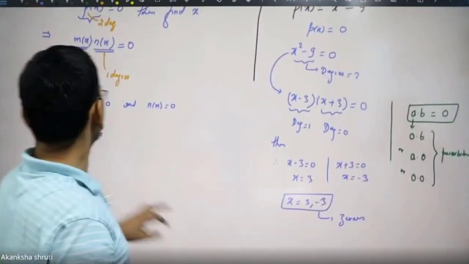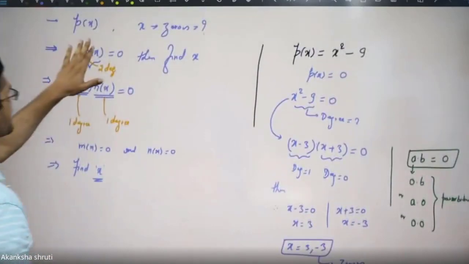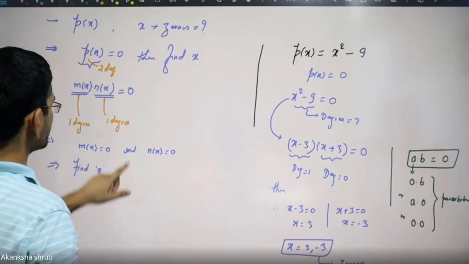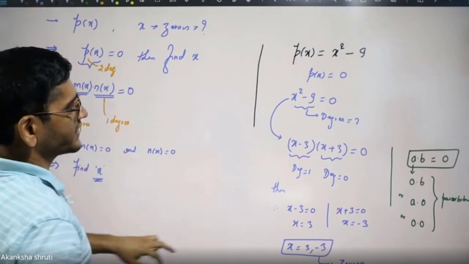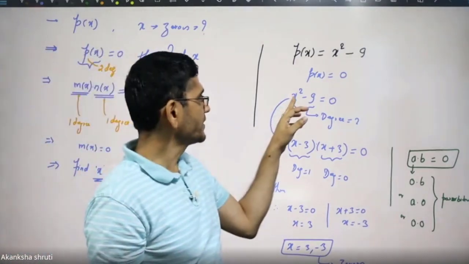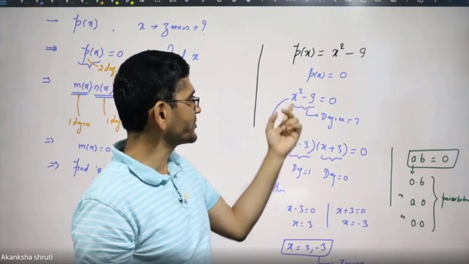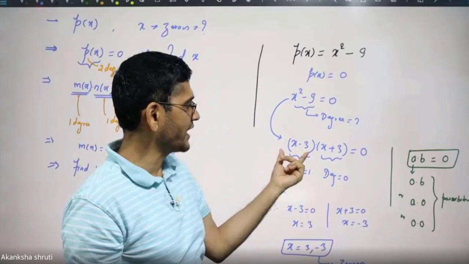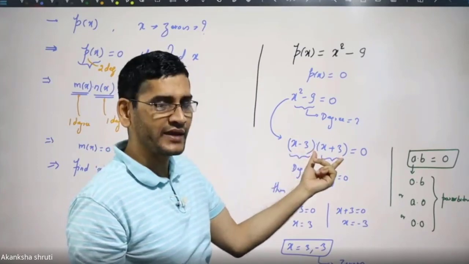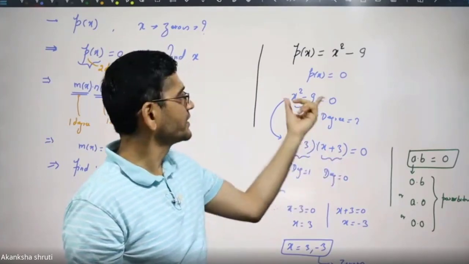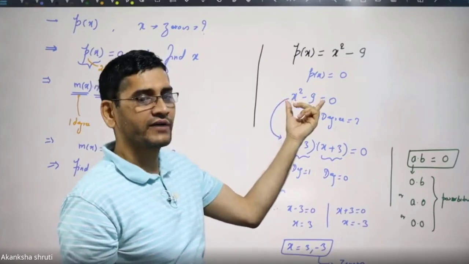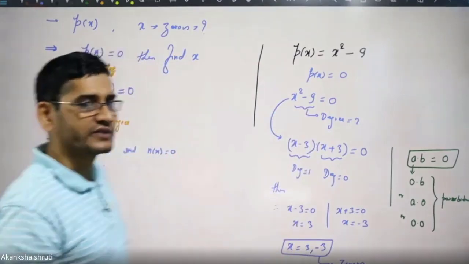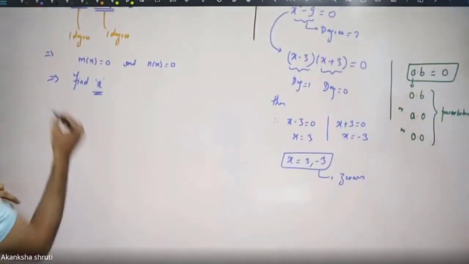So finally, this x we have to write. It is this one. Student, expressing this quadratic polynomial as the product of two linear polynomials is the major challenge. Here, x square minus 9 appears to be in the form of the identity a square minus b square. That's why we have written (a minus b)(a plus b). But many a time, the quadratic equation given cannot be fit in the form of an identity. Then what to do? For that, there's the general method.